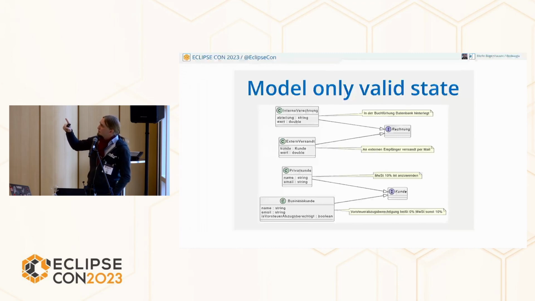Same for the Kunde. And the classes also don't provide methods. I said they have only technical methods. They don't have business methods here. They just carry the data because they are just data and nothing but the data. And connections. So let's go to code.